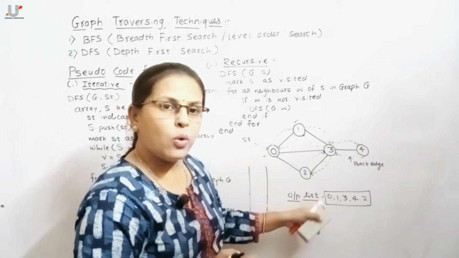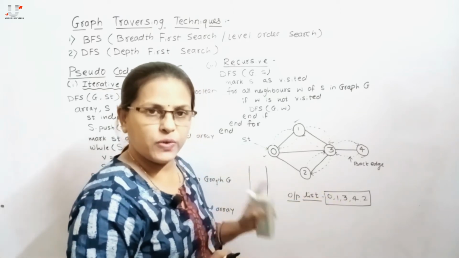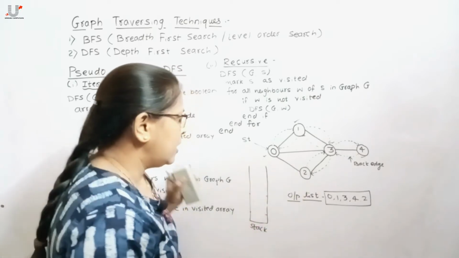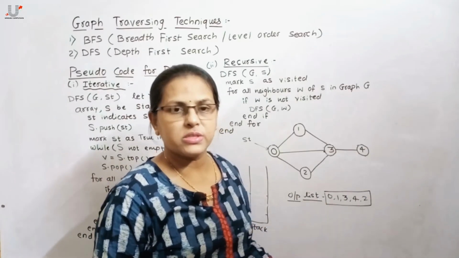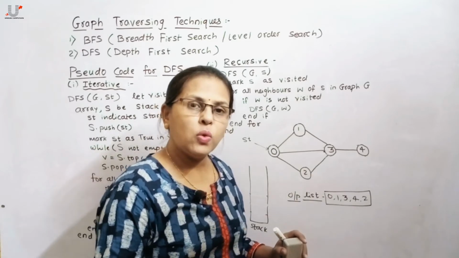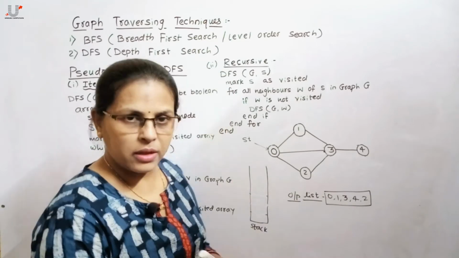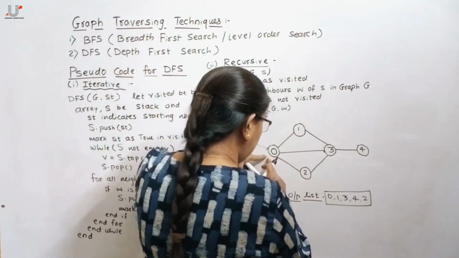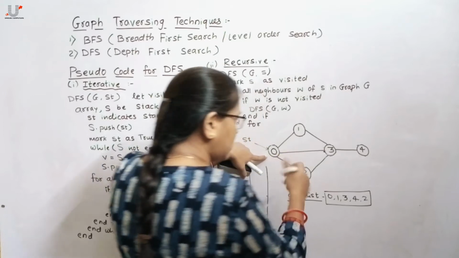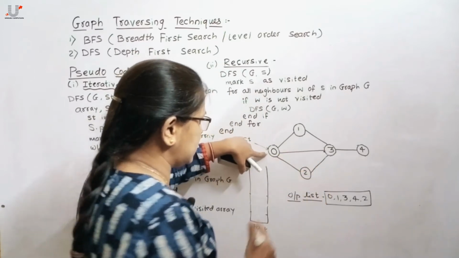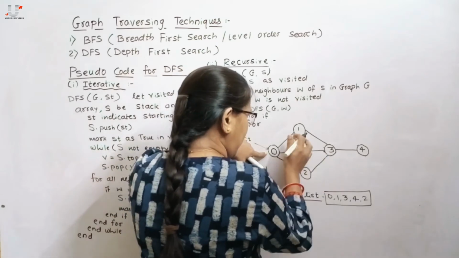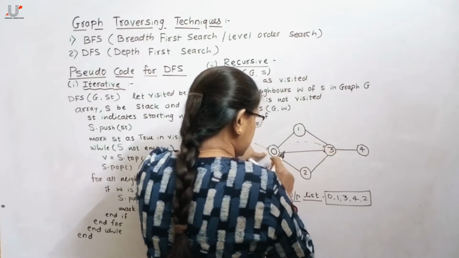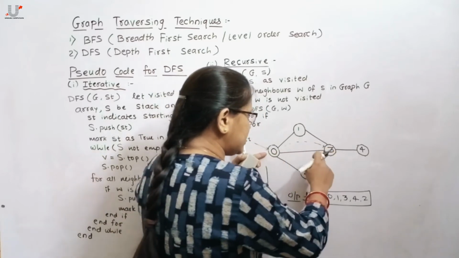But this is not the only DFS traversal of a graph. We get numerous DFS of this graph. If we go another way, then we get another output. So as the starting node is 0, from 0 check the unvisited adjacent nodes of this 0. So it's 2 as well as 3 and 1, but 1 we have already traversed in the first case. So from 0 the adjacent node we take is 3.